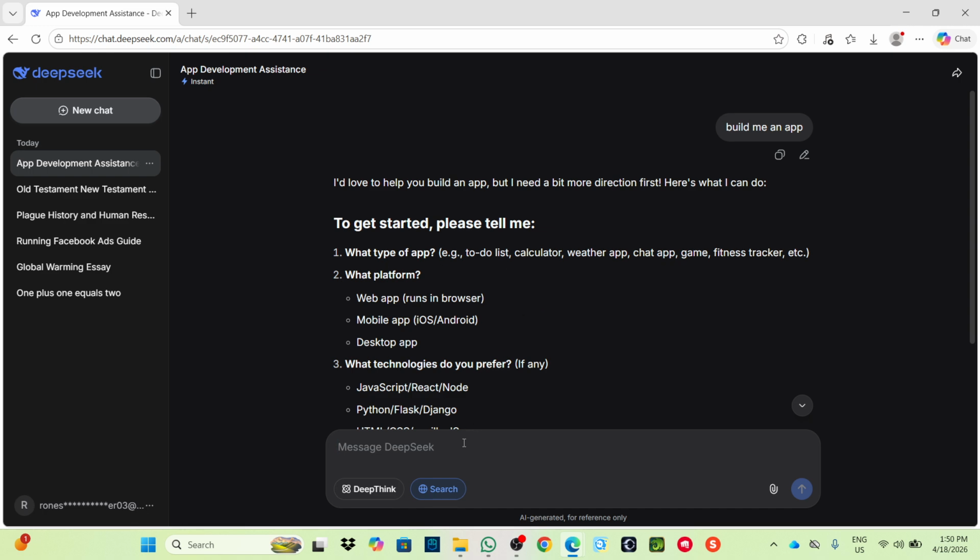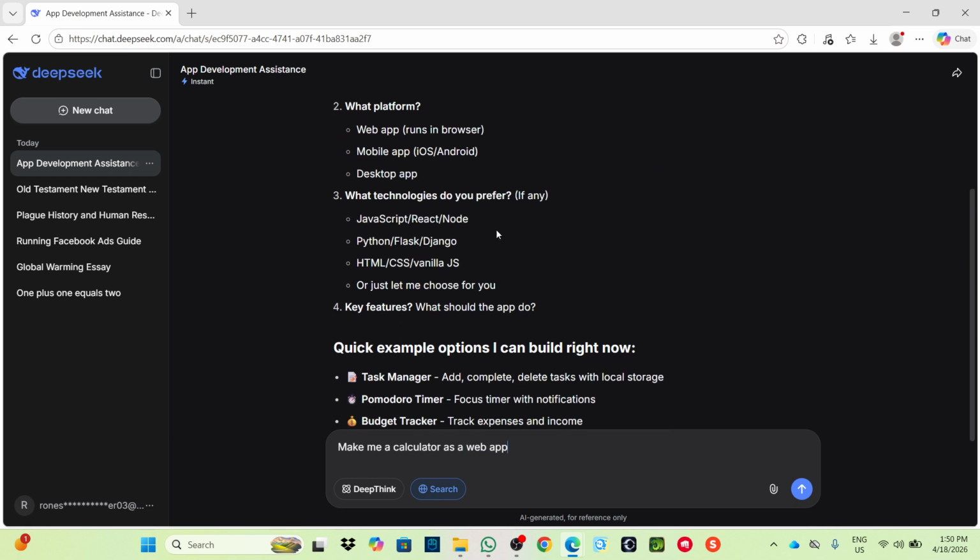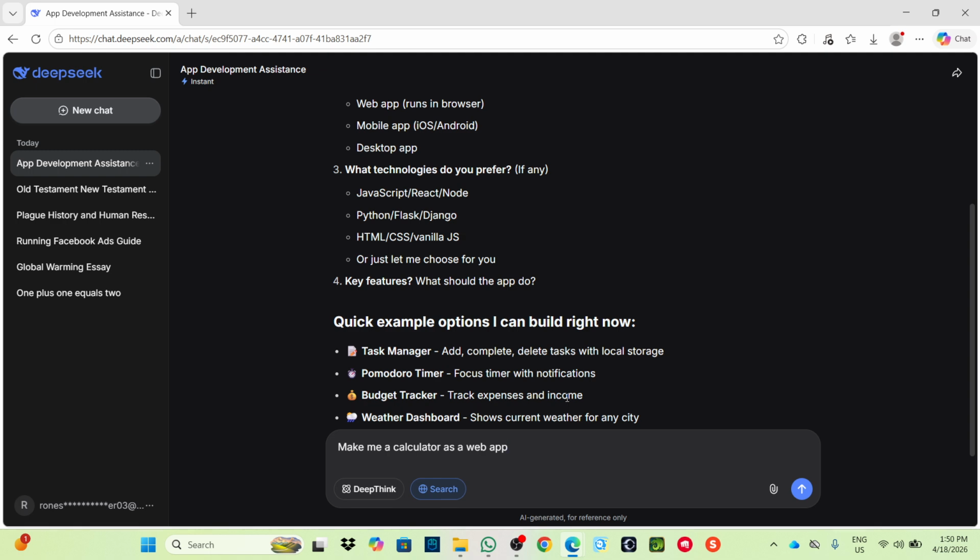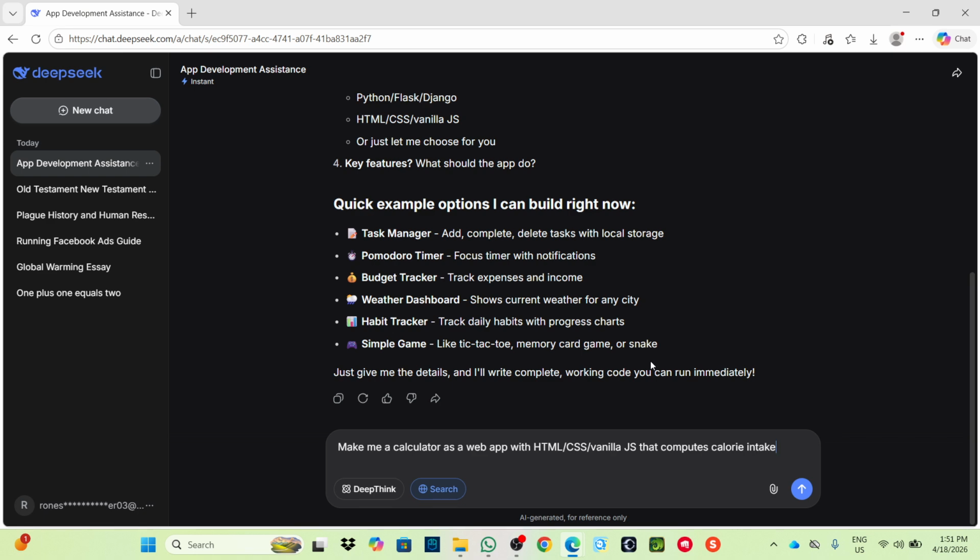Let's say, make me an app, make me a calculator as a web app. Now, let's follow it with, copy this, that computes, let's say, calorie intake. Once you enter,